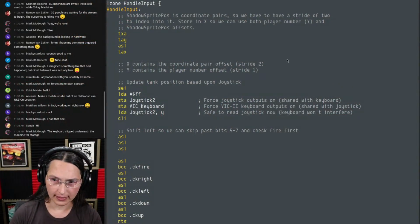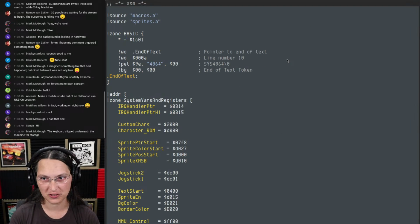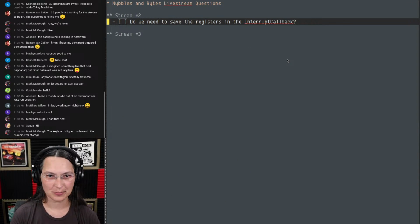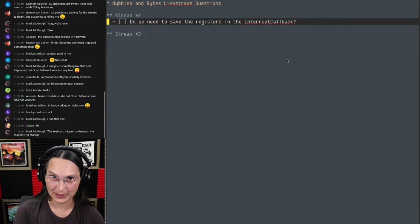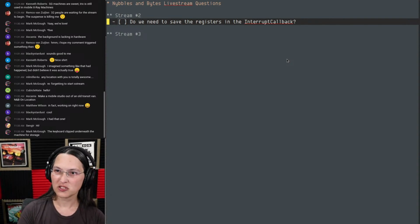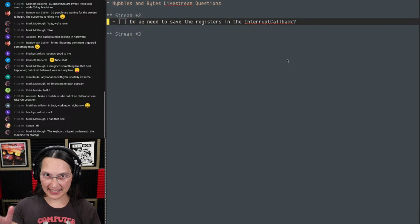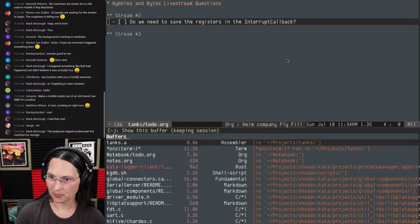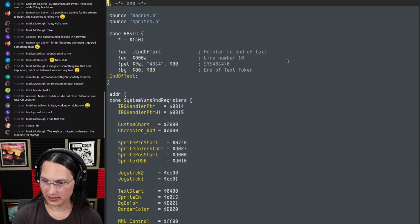Let's switch over to Emacs. And since I started the stream late, my apologies. I actually already explained this, but I'm going to do it again so that we can get back onto this. So somebody asked in the last stream, do we need to save the registers in the interrupt callback? And if you recall, our actual interrupt callback, so interrupt handler,